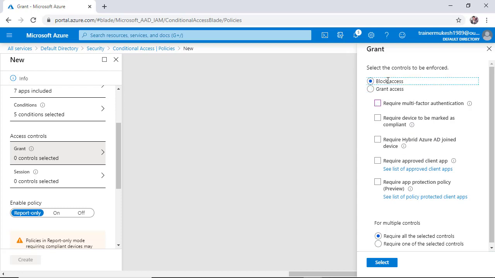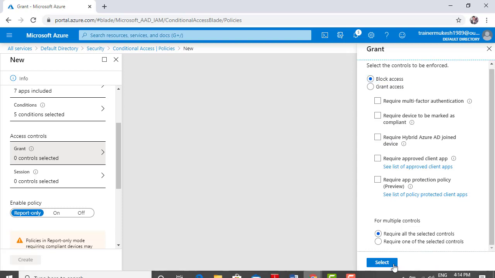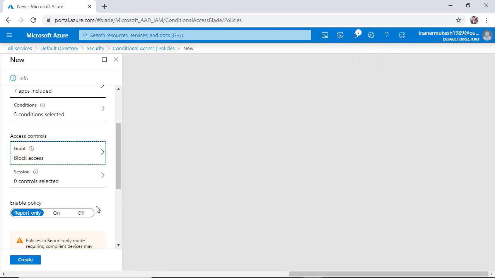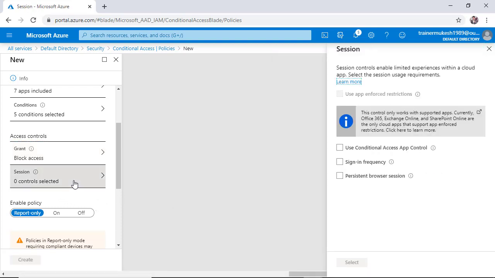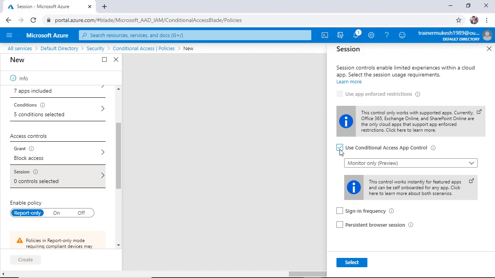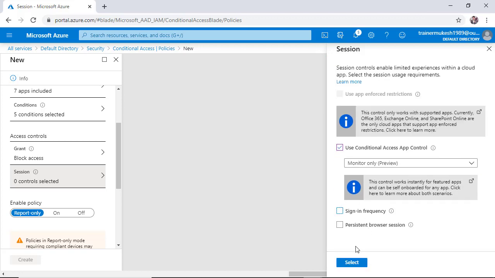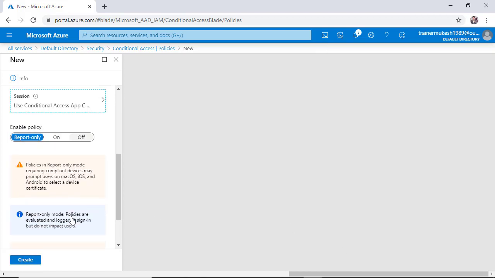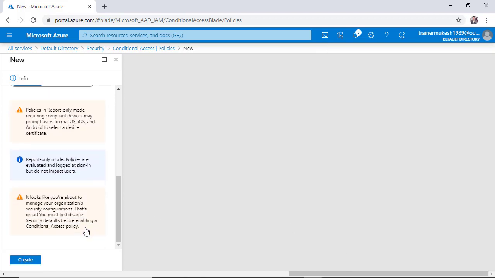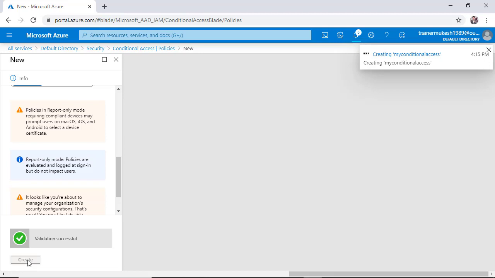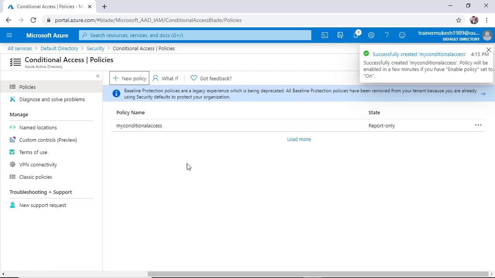So I am simply going with block access and select. Session, okay, yeah, sign in risk, then reports only, and create. So this is how we can create a conditional access policy.